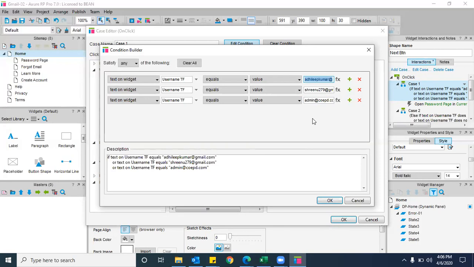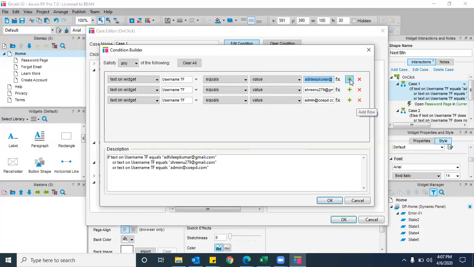And the next step is, if we want to validate multiple texts, then click on add symbol.